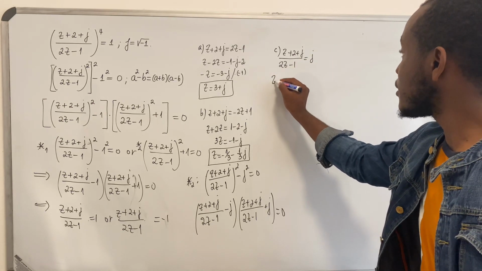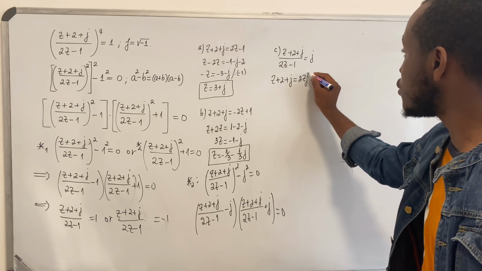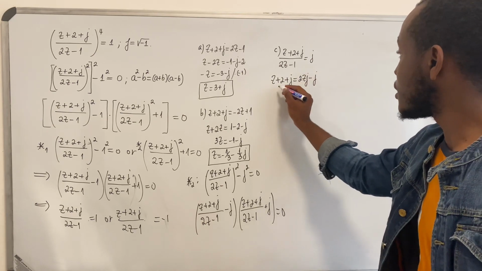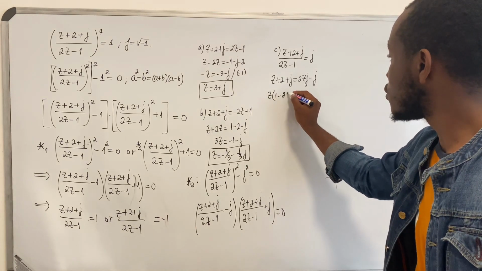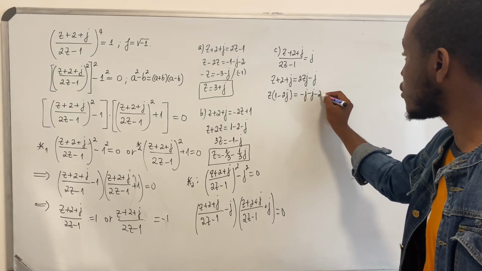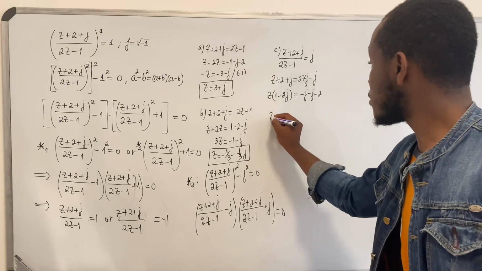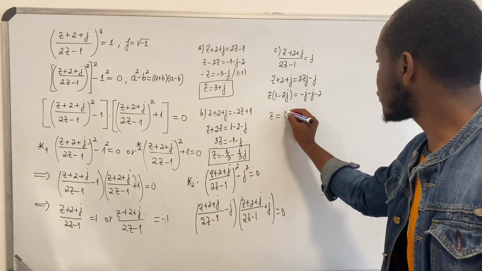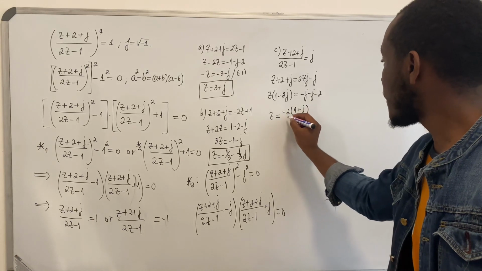Crossing multiply, z plus 2 plus j will be equal to 2zj minus j. Sending to the side, z will be 1 minus 2j equal to minus j minus 2, because this is positive, goes to that side, and negative. So z will be equal, we can factorize minus 2, we will have 1 plus j